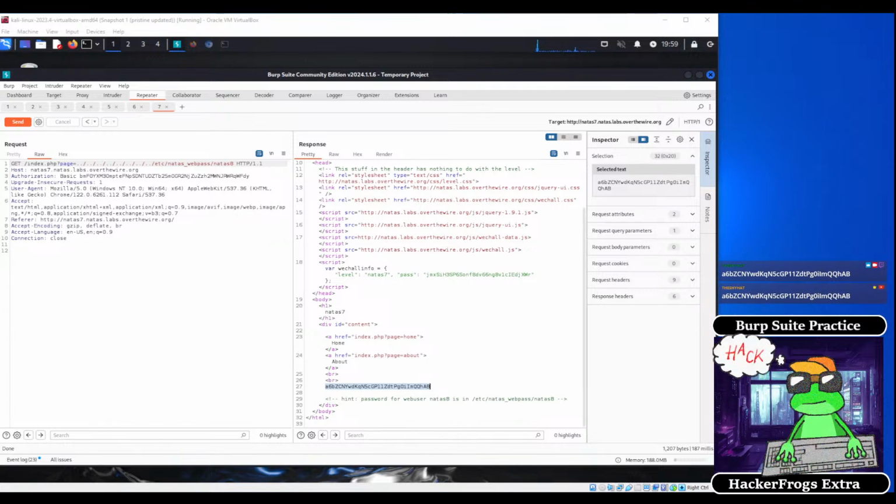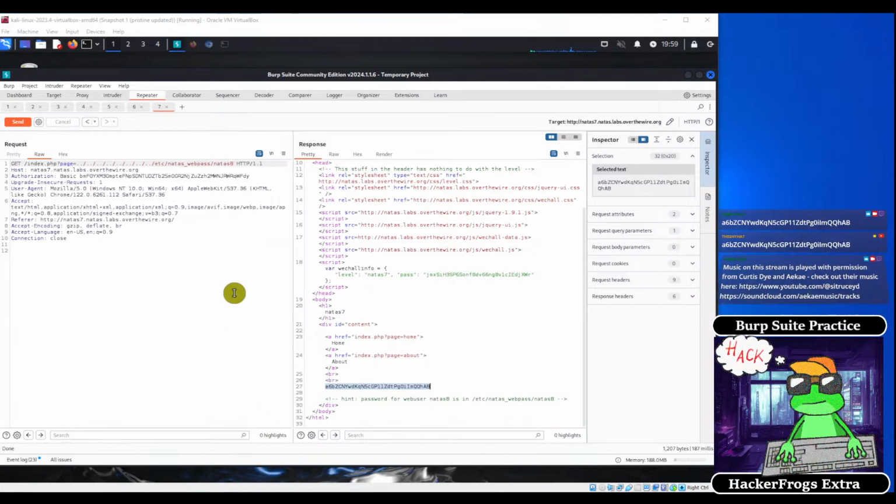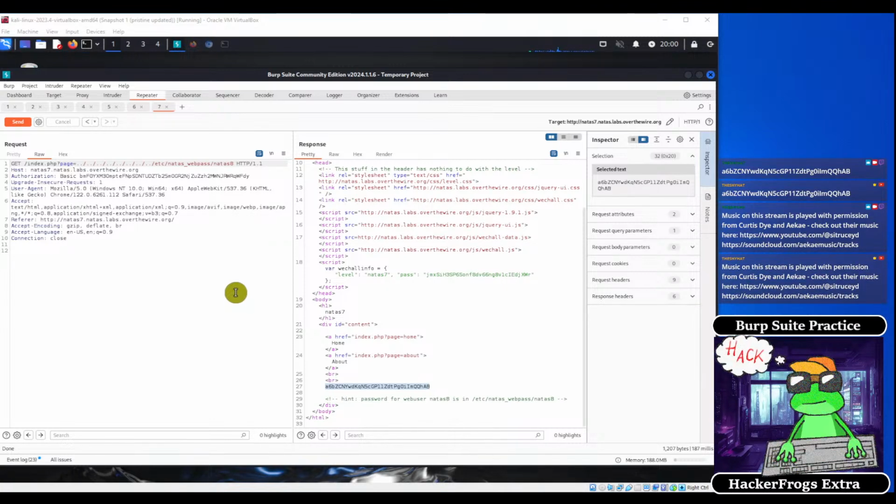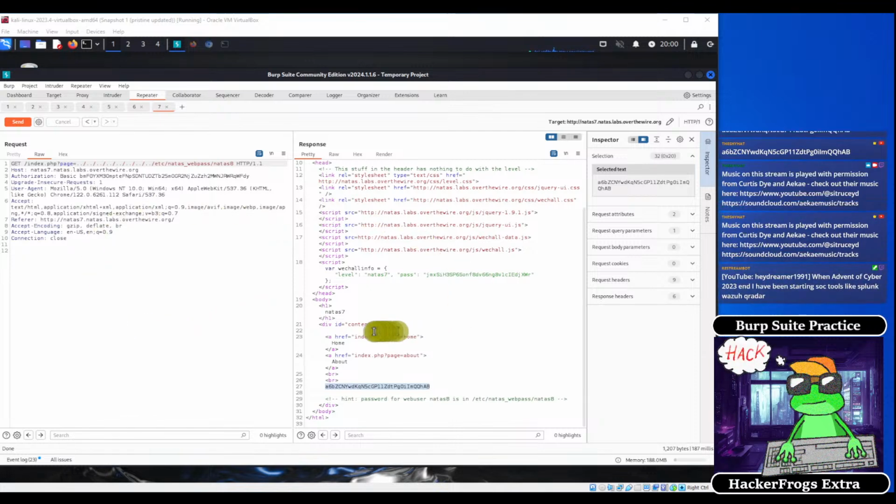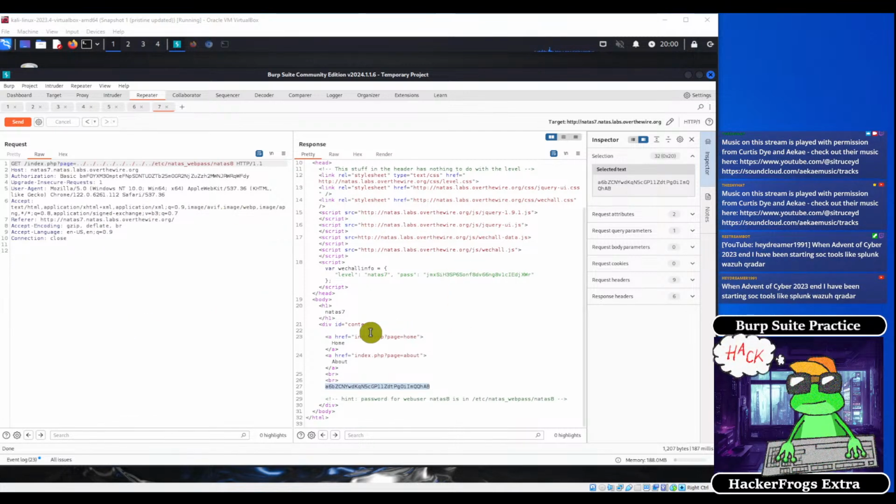But we're going to stop at this point, and we're going to move over to another platform. So the last thing we're going to do before we